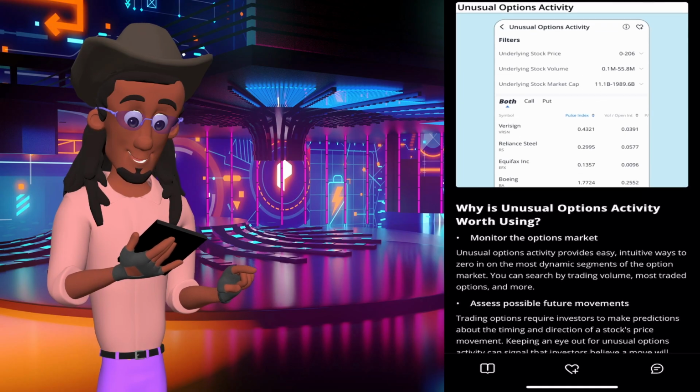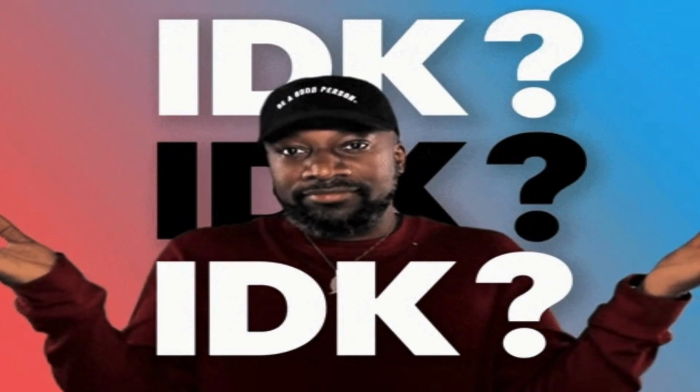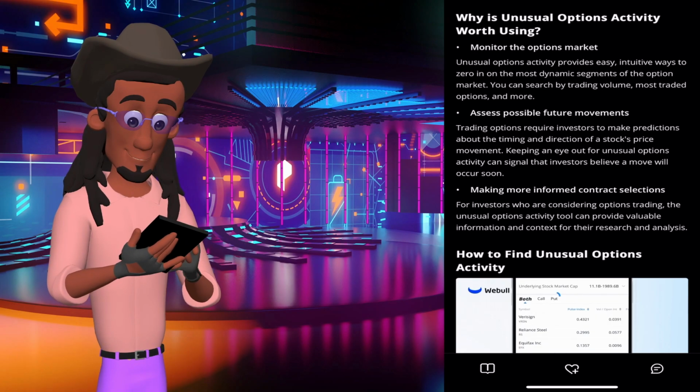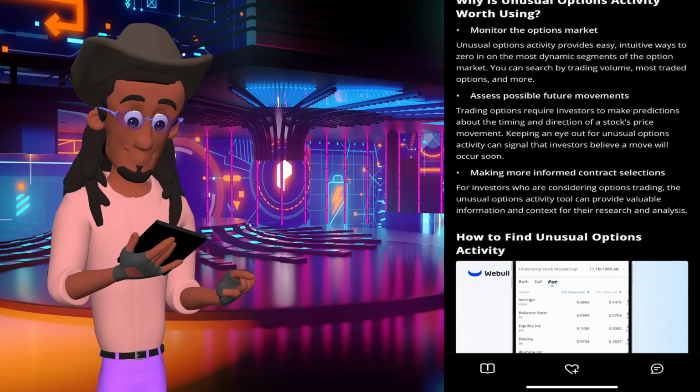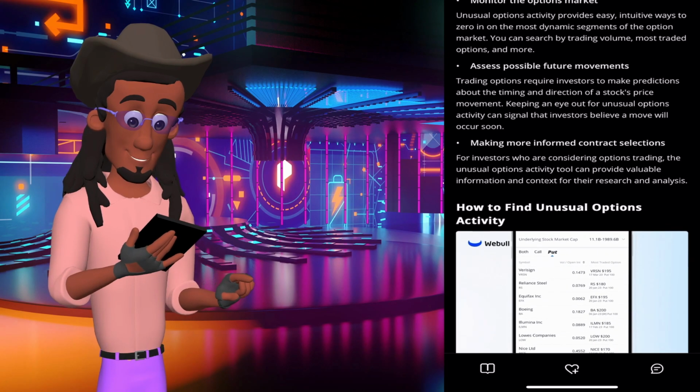Why is unusual options activity worth using? All right, let's get into it. Number one, monitor the options market. Number two, assess possible future movements. And number three, making more informed contract selections. So one,